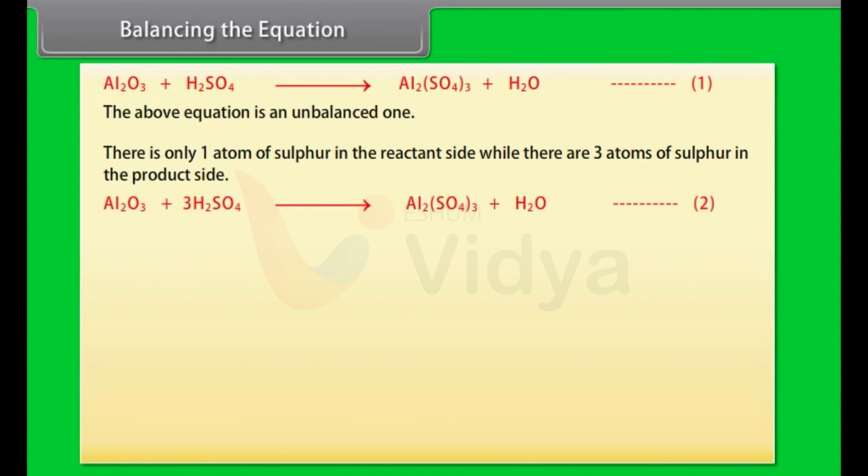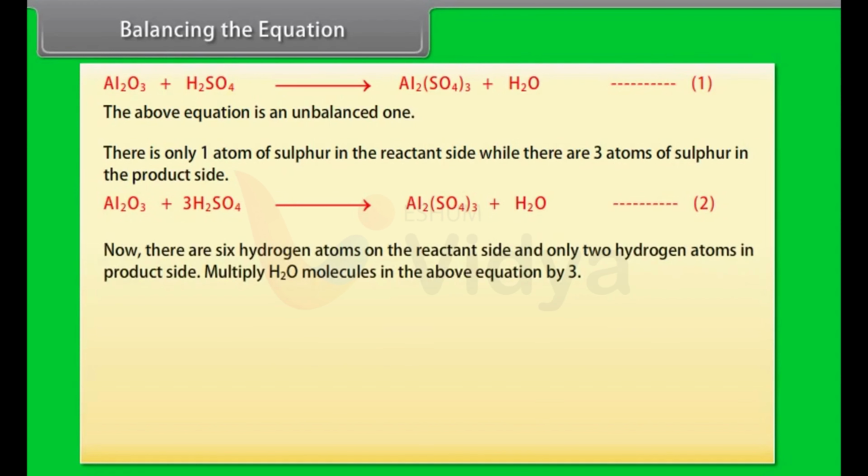Al2O3 plus 3H2SO4 gives Al2(SO4)3 plus H2O, equation 2. Now there are 6 hydrogen atoms on the reactant side and only 2 hydrogen atoms in the product side. Multiply H2O molecules in the above equation by 3. Now equation 2 becomes